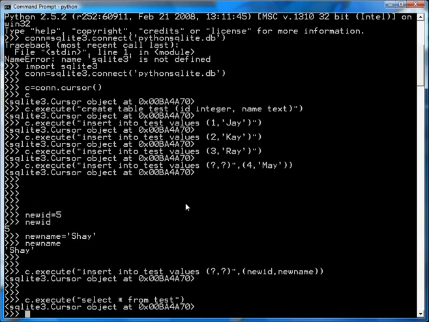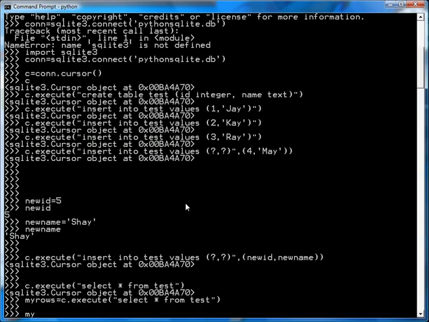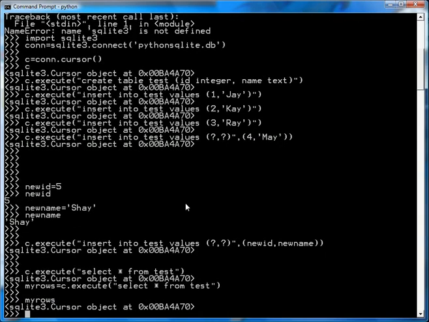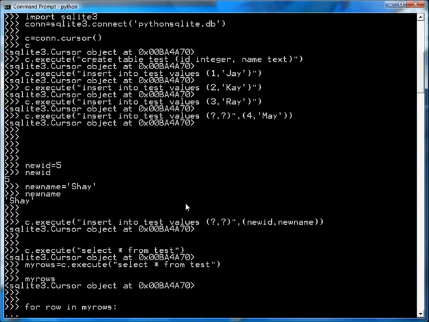Now what I'm going to do is iterate through the cursor. Oh, sorry, before I do that, actually, I have to assign that result to something, so I'll call it my rows equals. Okay, and if I do my rows, dump it out, it's a cursor object, which is good. Okay, so then I'll go for row in my rows, colon, this is Python, so you have to indent, print